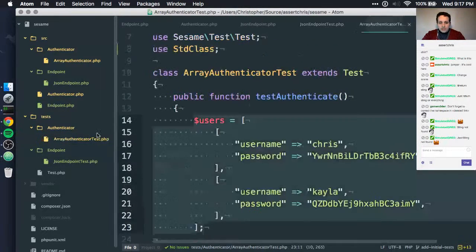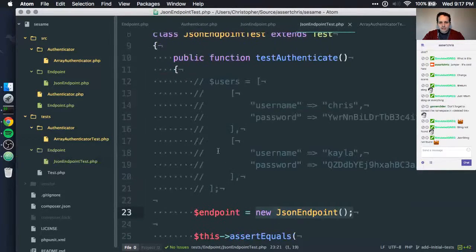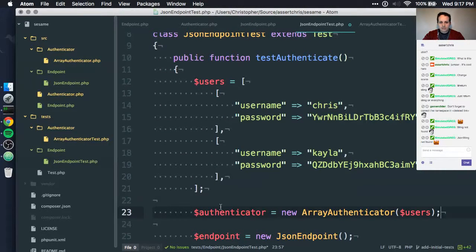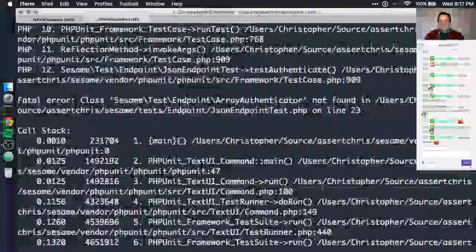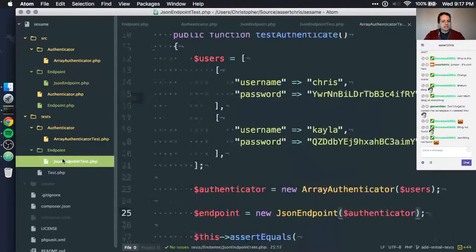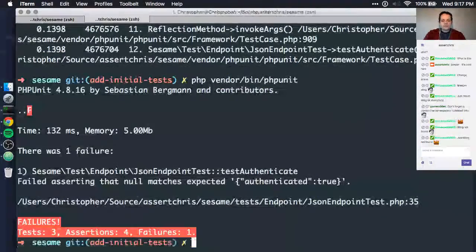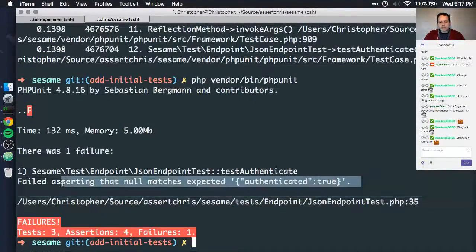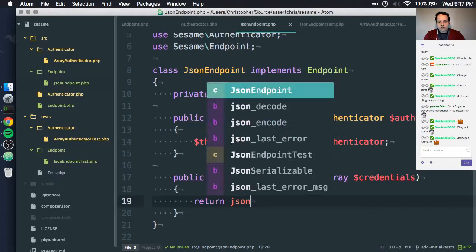Well, we can basically just copy what we've done with Authenticator here, right? We can basically copy and paste this stuff here. And then we give Authenticator as that argument. And then, well, we're giving... I need to have an alias here as well. I'll put it separate because I'm going to delete it right now. But we do that, and then the error becomes something else. It's no longer complaining in here because we don't have an authenticator. We've given that. So we can say something like return JSON encode.